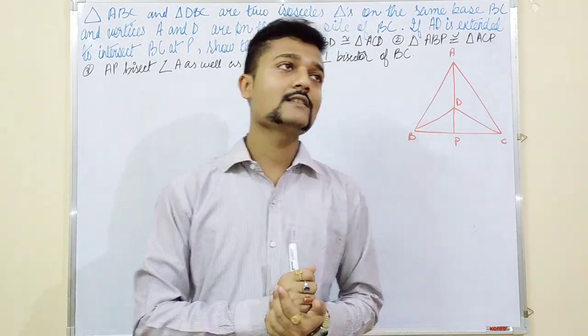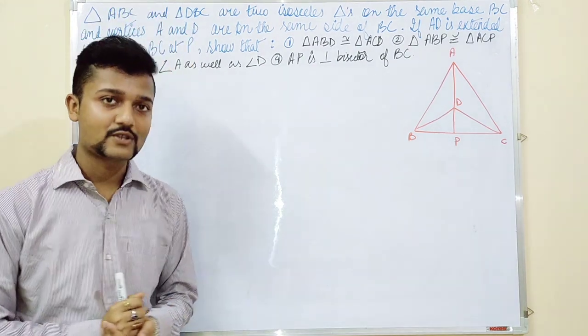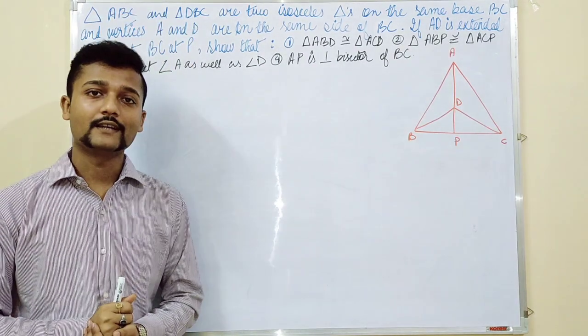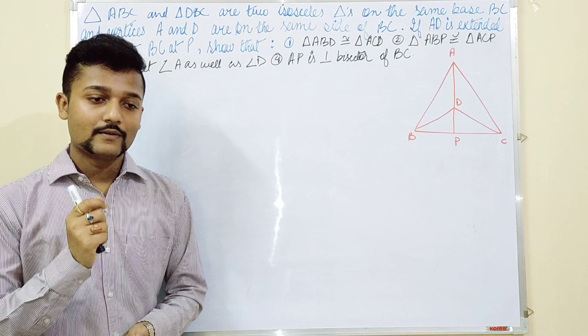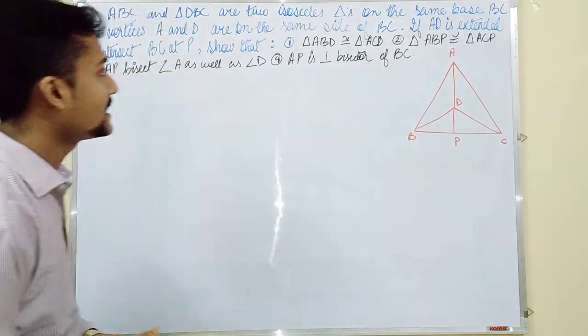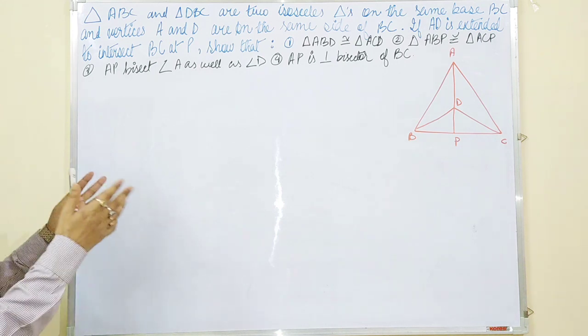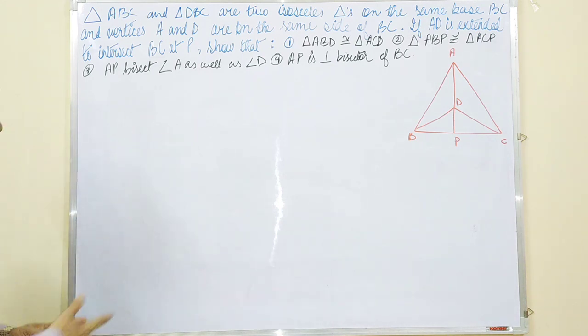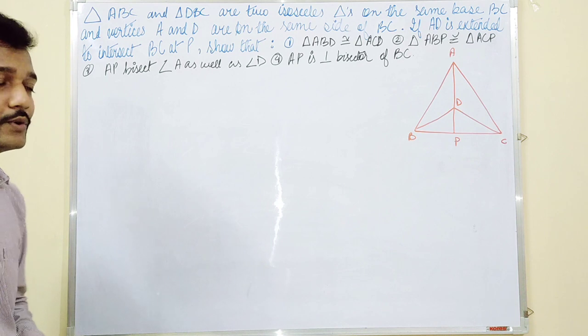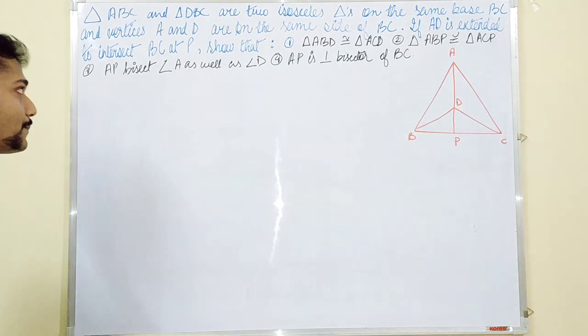In our last class, we were continuing with the chapter Triangles. Today also we will be doing the chapter Triangles of class 9. The exercise that we are dealing with today is exercise 7.3. The first question that I have taken is on the board, you can see, and the diagram is also drawn on the right hand side of the board. So let us see what is there in the question.